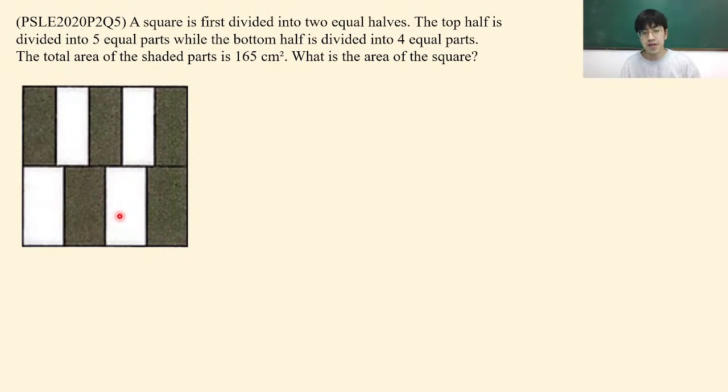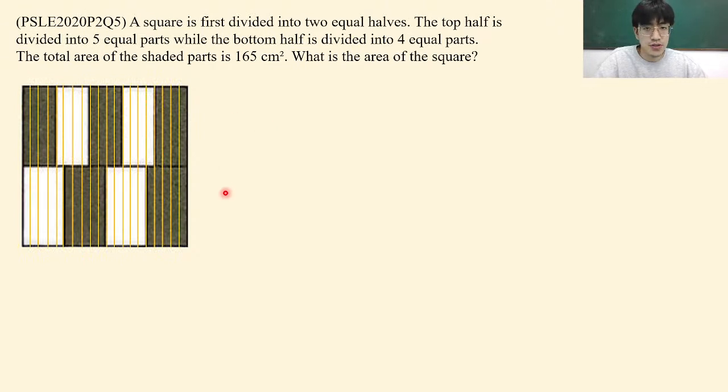So in order to unify the units at the top and at the bottom, just like all the word problems that we did, you always need to find the LCM first, the least common multiple. And by that, we find that the LCM of 4 and 5 is actually 20. So we can first dissect this square into 20 units at the top and 20 units at the bottom